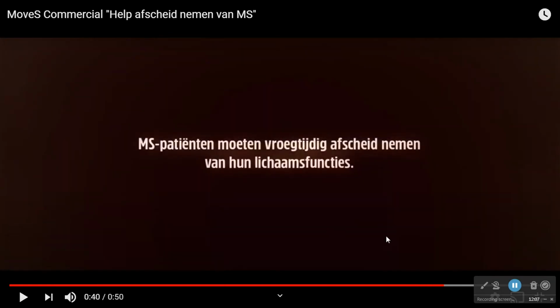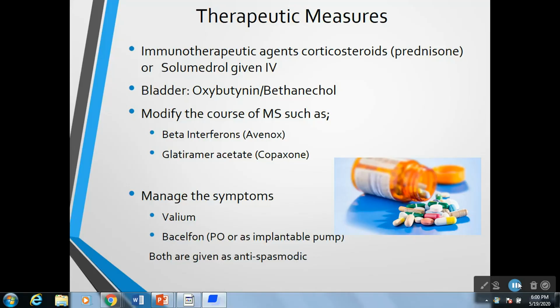So you can see the lady in the bathtub, when she couldn't get out, she couldn't move because she was weak, even the man who was walking, and then the woman at the end who was having visual disturbances. For therapeutic measures, there are multiple types of medications that a patient with MS can be put on,